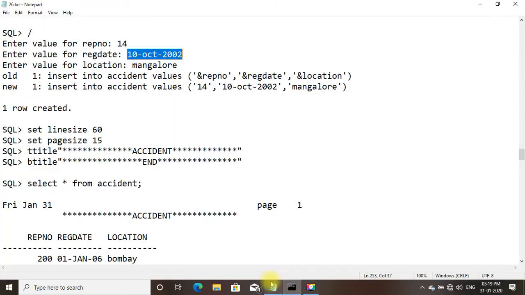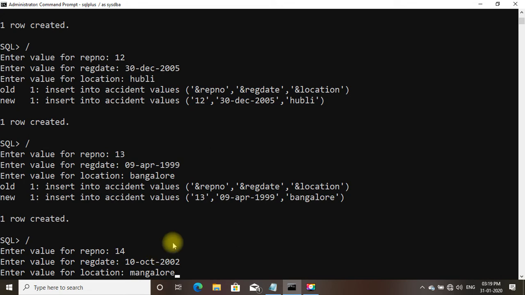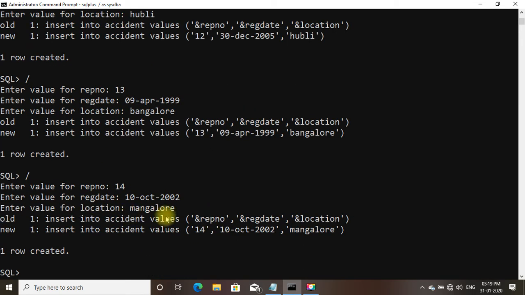Enter the value for location is Mangalore. Copy and paste. So we have done with this table.